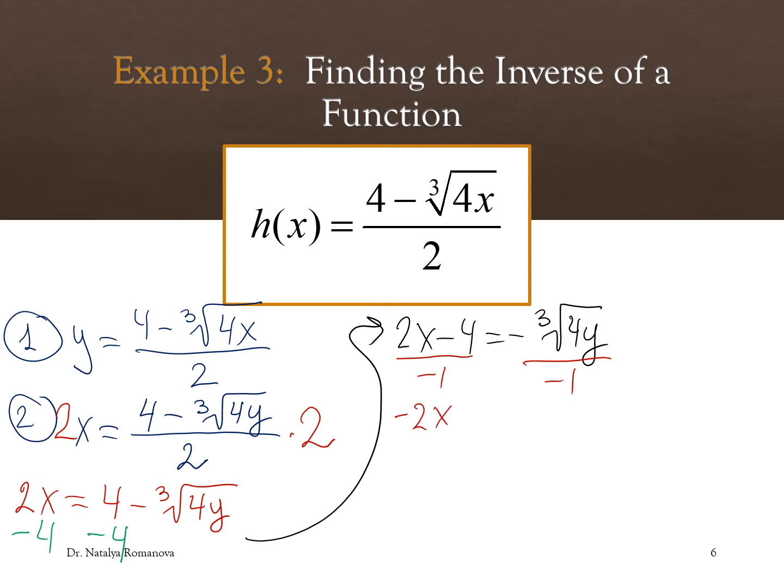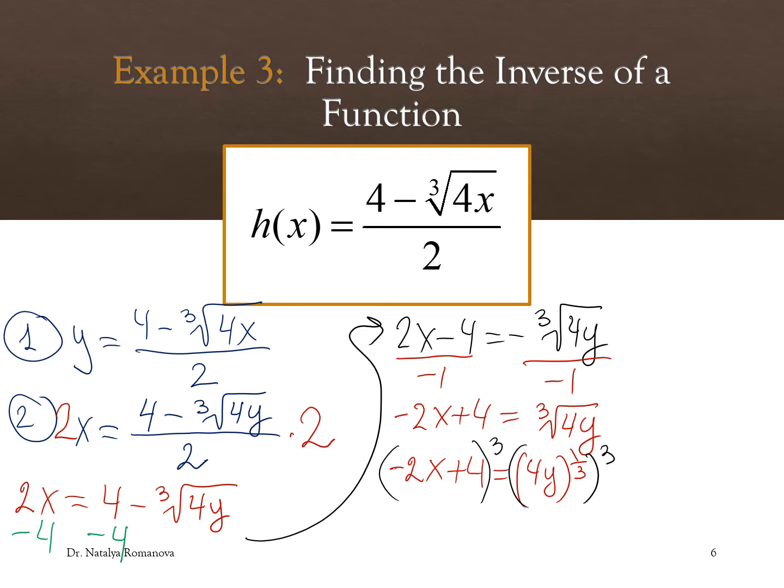Negative 2x plus 4 equals cube root of 4y. Next step, using our definition of rational exponent, we can write the cube root as (negative 2x plus 4y) to the 1/3. We remember our goal: we must isolate y. So we can use a cube exponent on both sides. It would be (negative 2x plus 4)